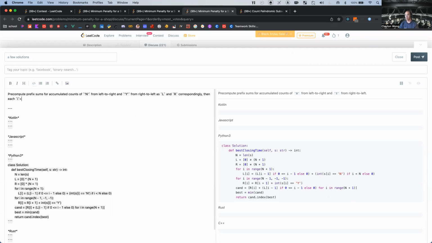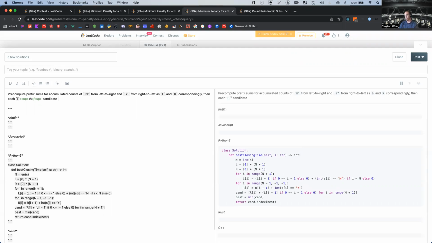Then each ith candidate is, I guess, ith penalty is R sub I plus L sub I minus 1. Return the index of the